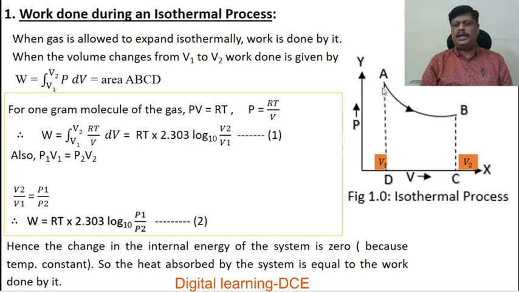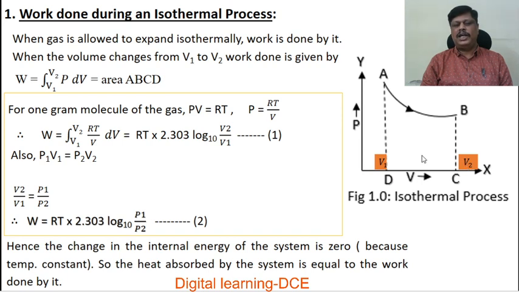So the area under the AB graph, that is the PV diagram, gives the work done. So when a gas is allowed to expand isothermally from A to B, work is done by the gas. When the volume changes from V1 to V2, V1 is the initial volume and V2 is the final volume,